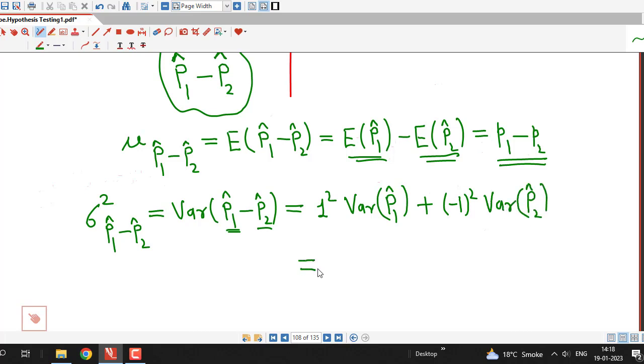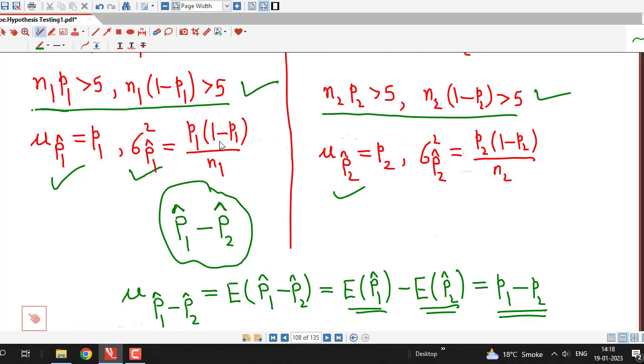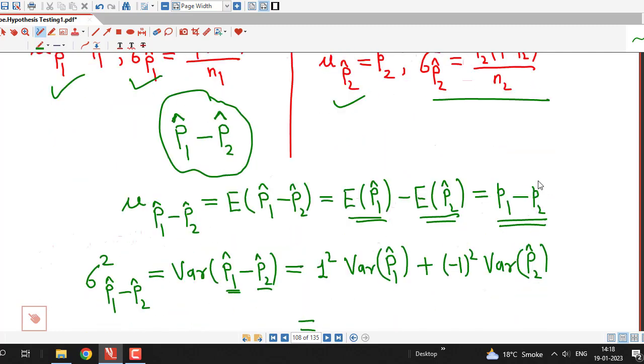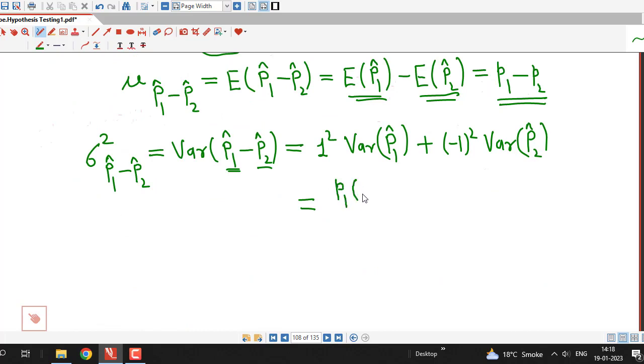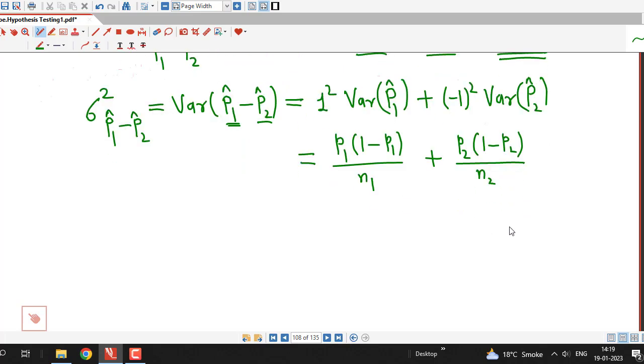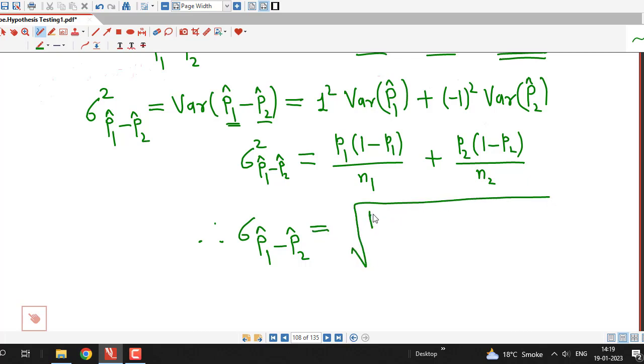p2 hat. Now variance of p1 hat is this quantity p1 times 1 minus p1 over n1, and this is p2 times 1 minus p2 over n2. So this I write as p1 times 1 minus p1 divided by n1 plus p2 times 1 minus p2 divided by n2. So here I get the formula for the variance of the sampling distribution of p1 hat minus p2 hat, and therefore we can write that standard error of this sampling distribution p1 hat minus p2 hat is equal to square root of this quantity p1 times 1 minus p1 over n1 plus p2 times 1 minus p2